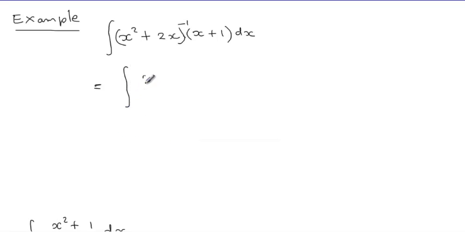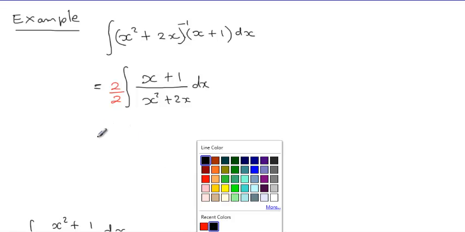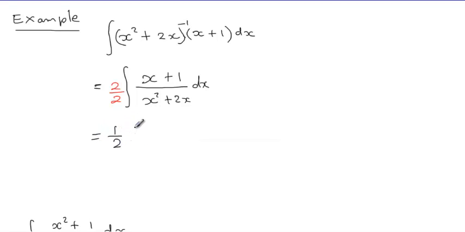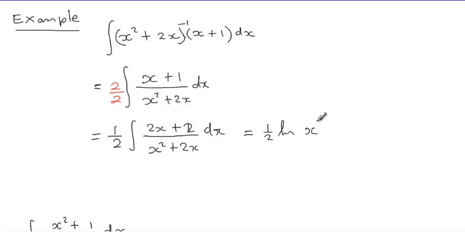Alright, this is x plus 1 over x squared plus 2x dx. Then check: function, derivative. Function, derivative. Is it so? Not so. Then we check how we can compensate it to be a derivative. So I think the candidate is 2 over 2. Put there 2 over 2. Then in the next step, you filter in your 2, you leave your half there. Filter in your 2, get 2x plus 2 over x squared plus 2x dx. Then we see we've got function, derivative. Then, voila, we've got half ln of x squared plus 2x